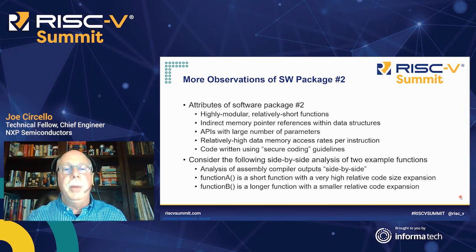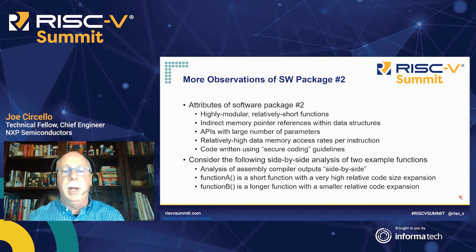There are a lot of indirect memory pointer references within data structures. The APIs that this crypto library uses have a fairly large number of parameters for most of the calls. There's also a relatively high data memory access rate per instruction in these functions. And finally, this code is all written using NXP's secure coding guidelines. And this is an interesting factor in this whole thing. We've not been able to establish whether there's anything specifically related to those guidelines that may also be factoring into